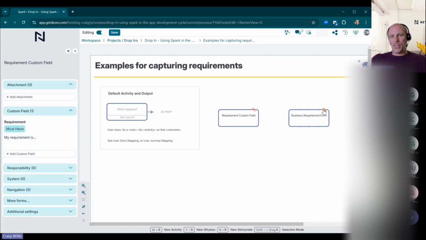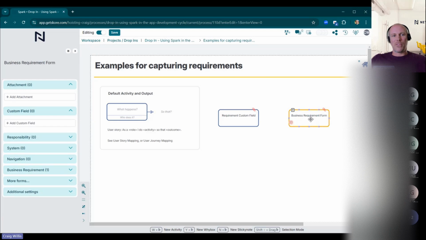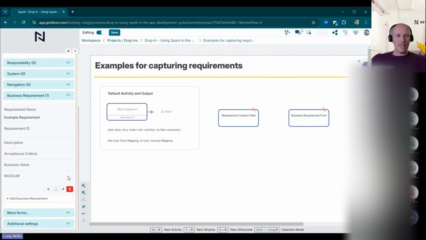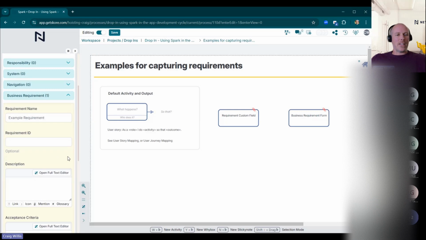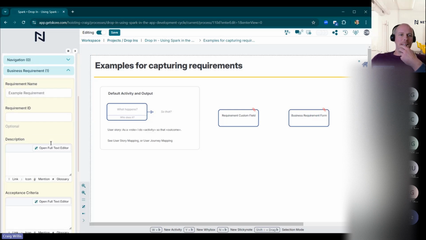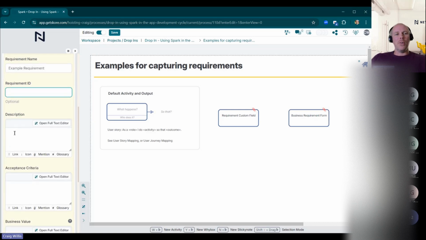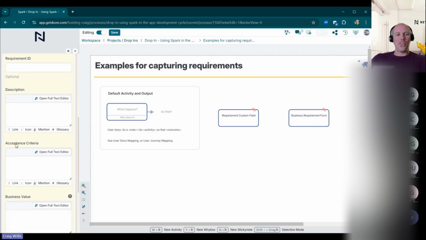But I have worked with other teams where we've gone one step further and we've created a business requirement form. So here, I'll come and edit this. What we did here is kind of similar, but we had the ability to write a name. So again, once you're reporting and managing the requirements, it makes it a bit easier. An ID if required. But more importantly, we've got a description and then things like acceptance criteria and business